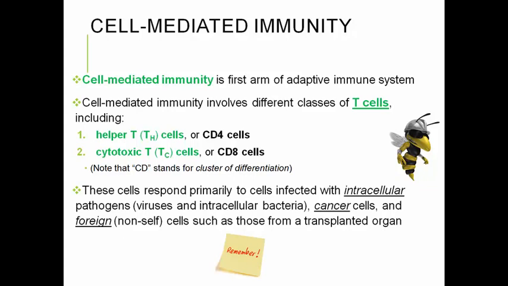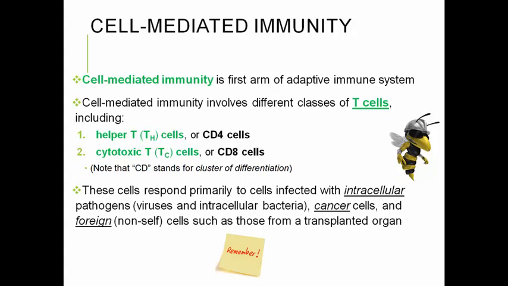And then of course they come by other names. They respond again when cells have something inside of them, so intracellular pathogens. So we know that viruses have to hijack the host cell to take over, and we know that some bacteria will be intracellular. We know that cancer cells are diseased themselves, and anything from a transplanted organ that is non-self, and we've talked about that before, the antigens are non-self, the body considers them to be foreign. So all of those are a wide variety of different things that T cells would go to try to fight